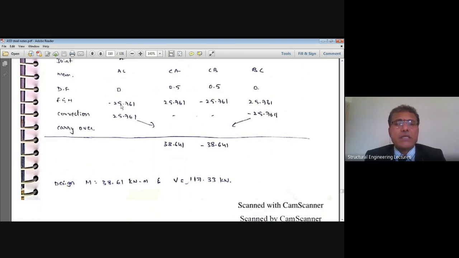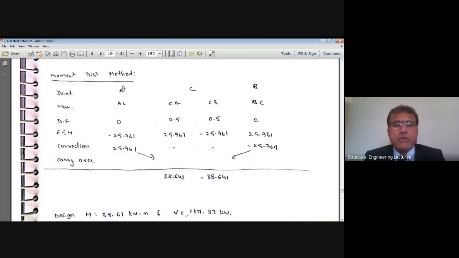Now let us add. Now we have reached equilibrium because the summation is equal to 0. I need not do another cycle. In one cycle itself, I got the equilibrium of the forces. Hence, this summation is equal to 0, and that is the check. You need not go for another cycle. Even at the other end, please check that its summation is equal to 0. Hence, I got the checks at either end. Now you sum up.